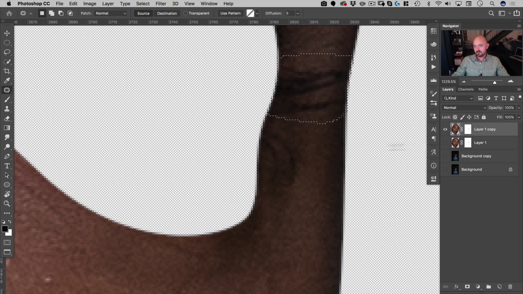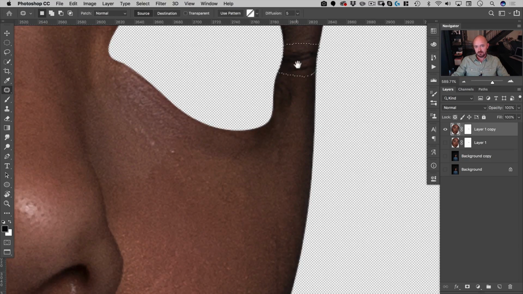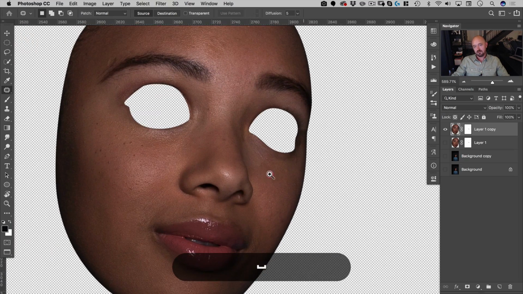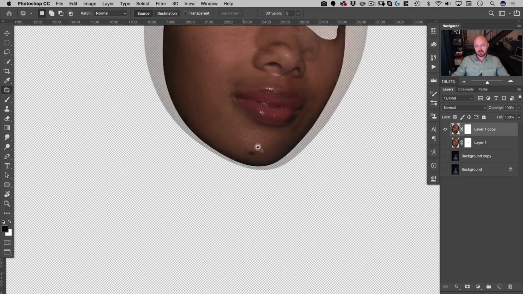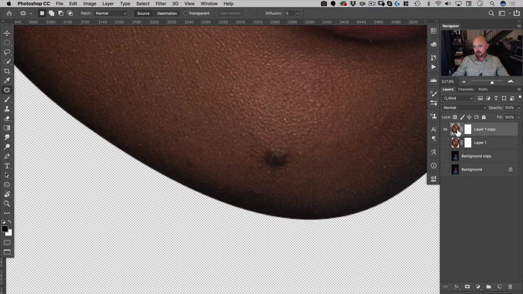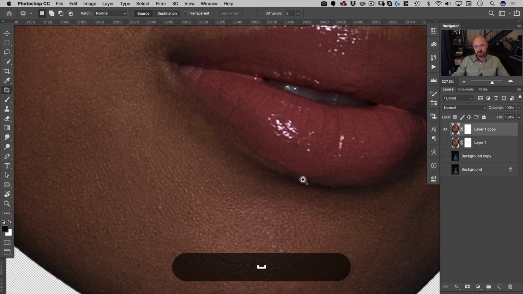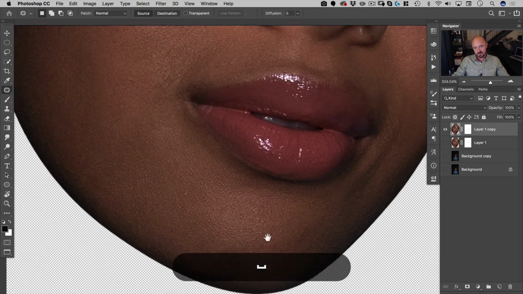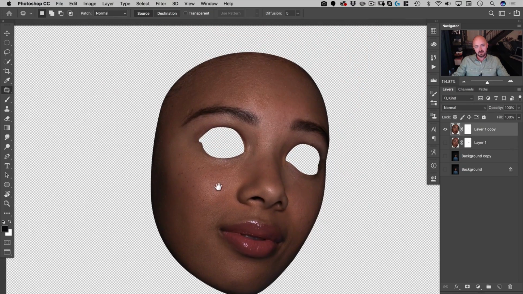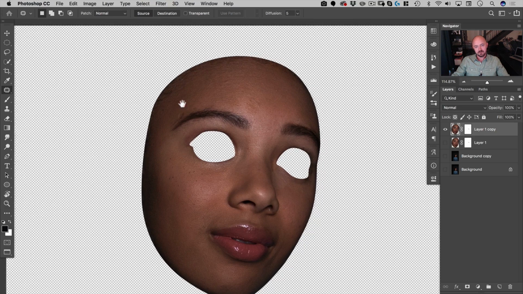Back on our patch tool. Good. All right, so that's quite good. Let's get rid of this thing. Again, this is easiest with the patch tool. Voila. Still see it a bit. There you go. And